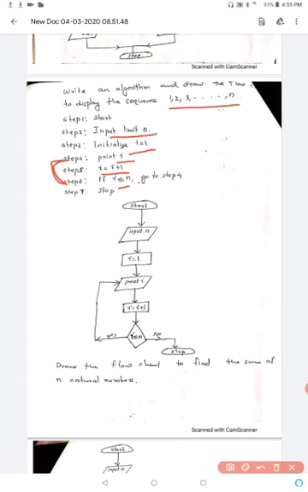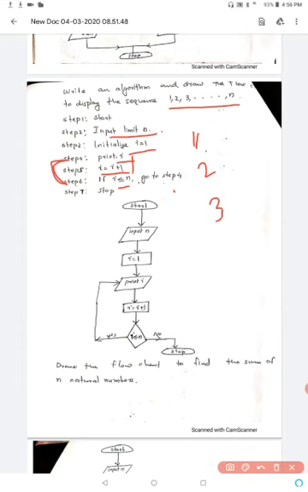What are the repeated steps that should come in the loop? In this program, input is the limit n and output is each number 1, 2, 3. Repeatedly we have to print a number and increment. So these two come in the loop.